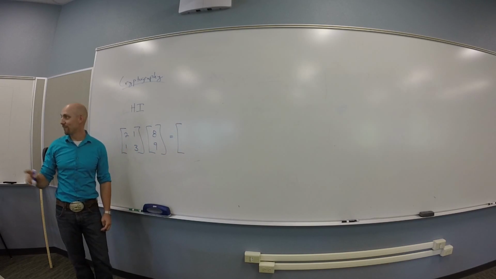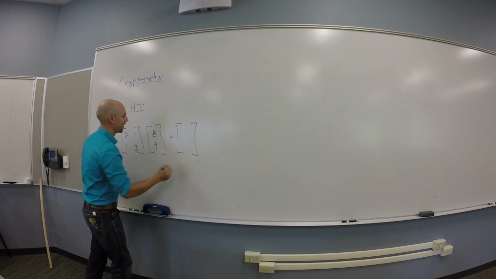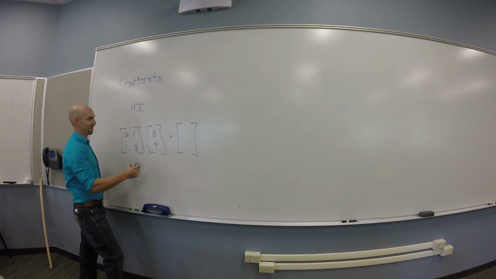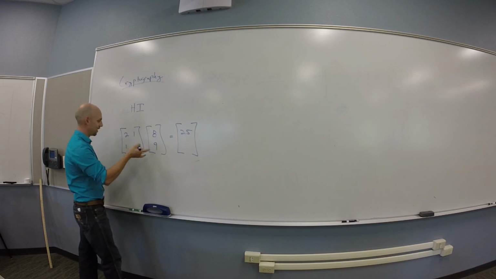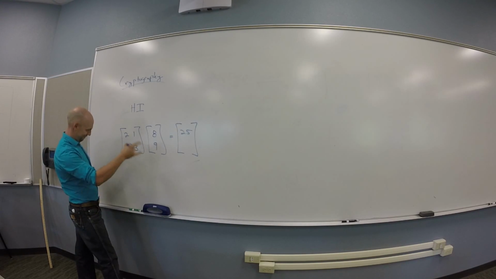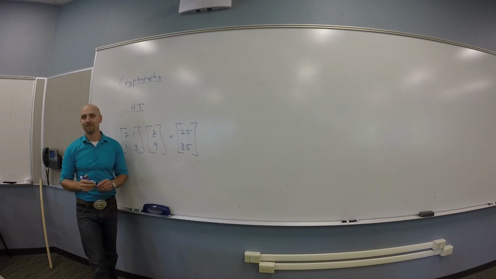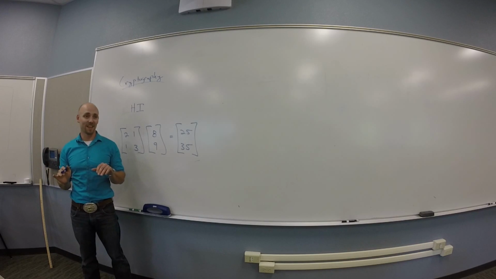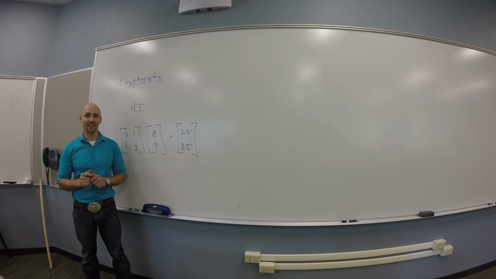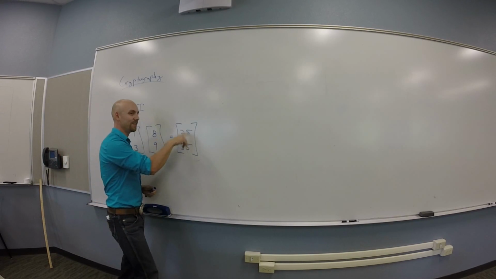Numbers, good. And specifically, it's a 2x1 matrix. And in this case, it's 25 and 35. Okay, there's my message, encoded just like that. How do I unencode this thing? Like, I pass you these two numbers,